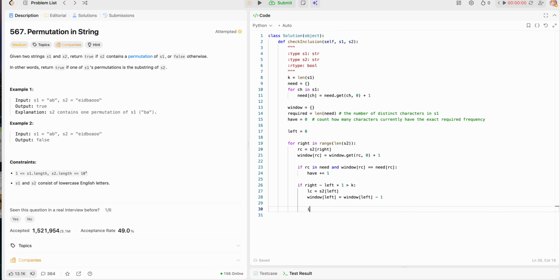And we check if, after decrementing the window, it is in need, and after the decrementation,